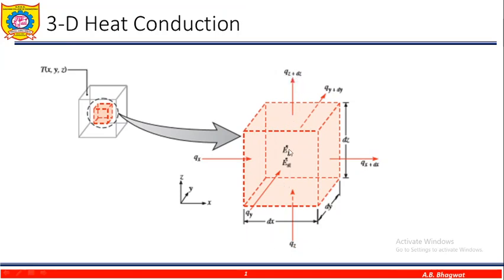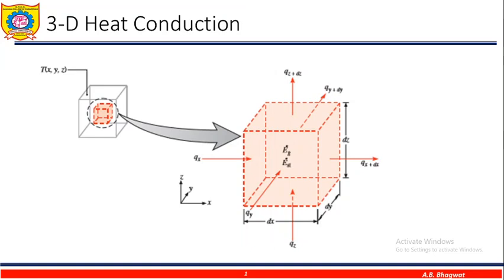Now what is this E dot G and E dot ST? E dot G is the rate of heat generated inside that block. Meaning, if there is a chemical reaction because of which heat is produced, or any kind of nuclear reaction because of which heat is produced, that is heat generation, E dot G. And E dot ST is the heat stored in that element.